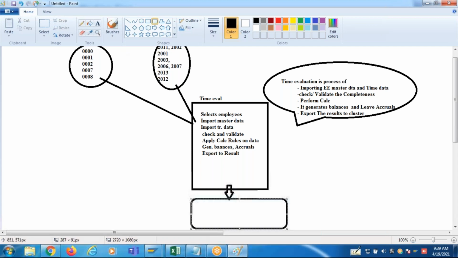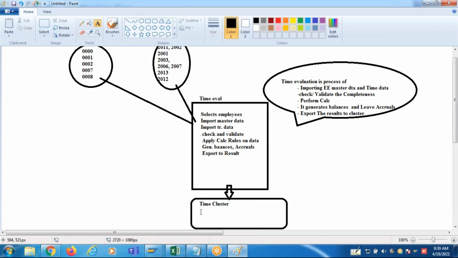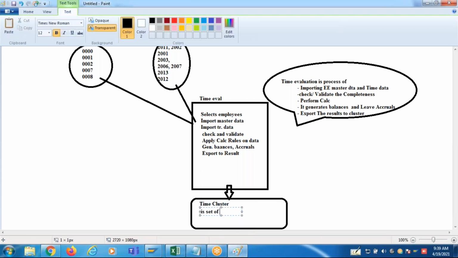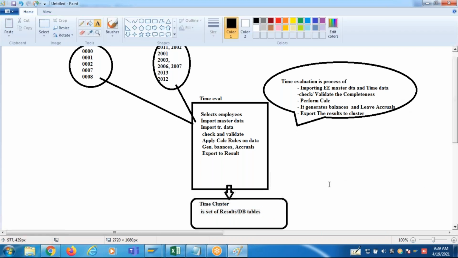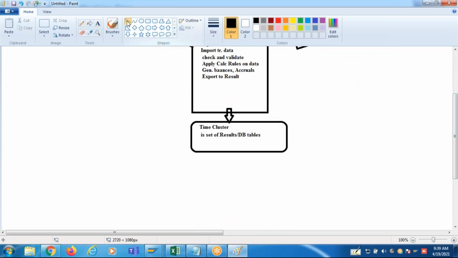What is a cluster? A cluster is a set of database tables. Time cluster is a set of result tables, database tables, and a set of results. So these results are used by post time evaluation activities.